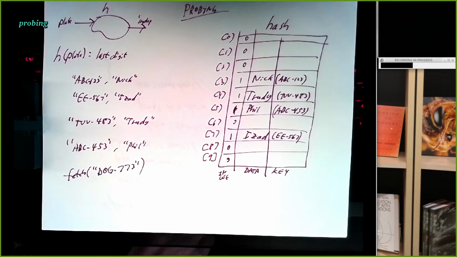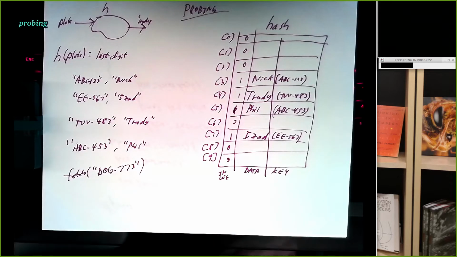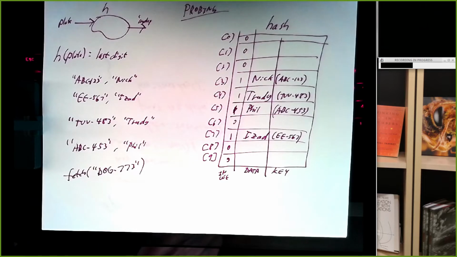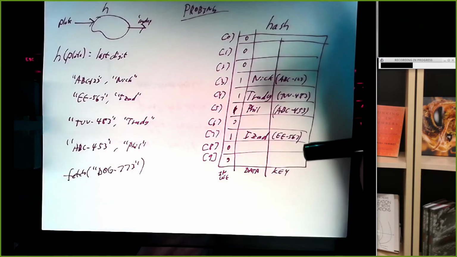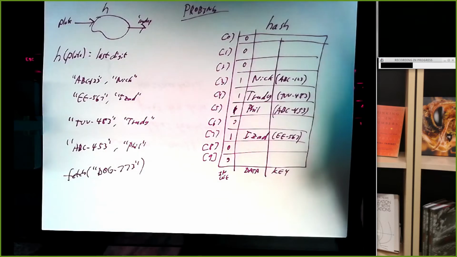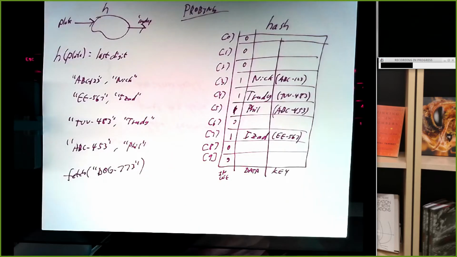This is not the way you're going to do it on PA3, but this is definitely a way you want to understand. So we're basically probing the table to find a different spot to store your information. And it's complicated